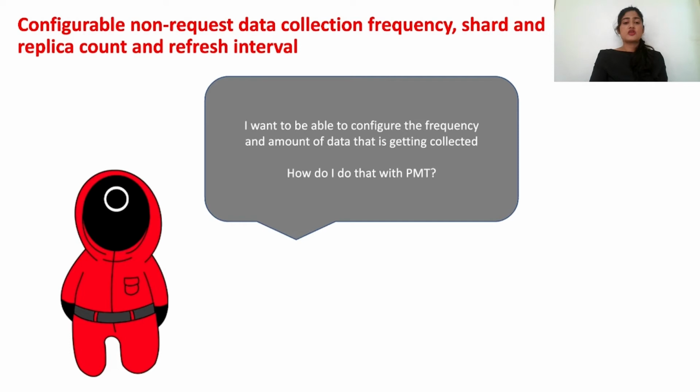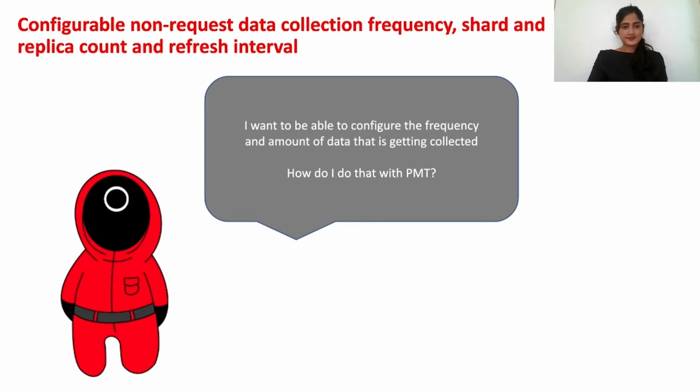This frequency of 5 seconds, we have now made configurable to users. So you have an option to set a value for it. And we have also made shard and replica counts configurable. What is a shard? A shard is basically a partition of your data which helps in load distribution. And the replica count is the number of copies of a shard. Earlier we had a default value of 5 shards and 3 replicas, but now we have brought the values down to 3 shards and 0 replicas by default,